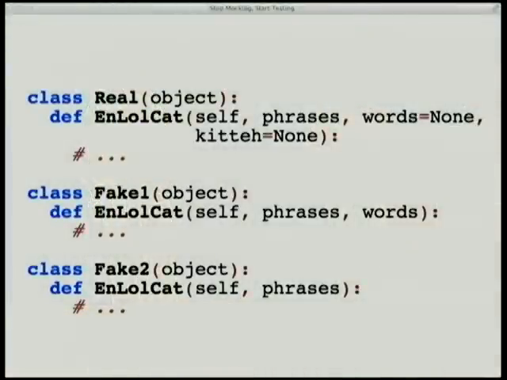And this is a trivial little example, right? You have this real object on the top that defines a method that takes 1 required parameter and 2 optional keyword arguments. And then one of the mocks doesn't even accept one of them as a keyword argument, and the other mock doesn't even accept the keyword arguments at all. And this is not going to work because if you swapped those 2 mocks around, the tests would both break. And if you change the method signature of nlolcat and then you start using that functionality where one of these tests is called, you're going to break something and you may not notice. Or if you take away words, right, the user of fake1 won't ever notice that it's gone.